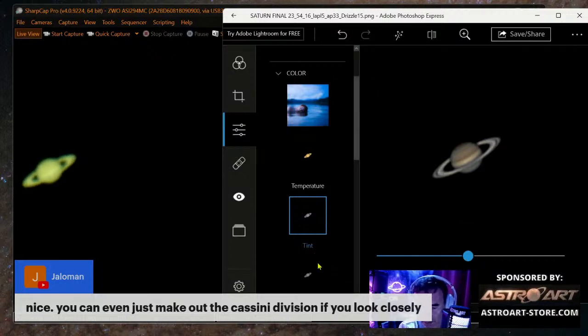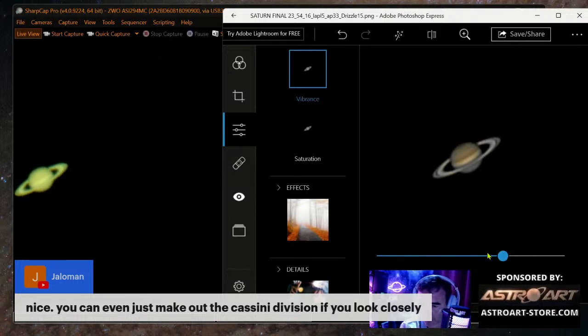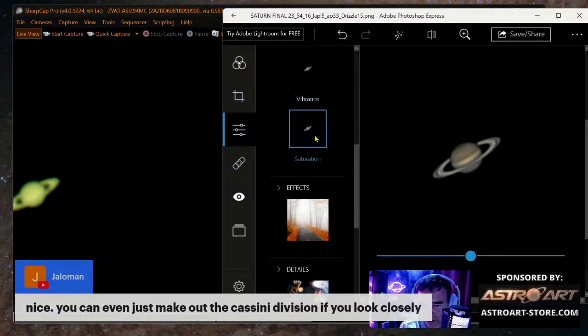That's fine. Vibrance. This is to increase the colors. Less vibrance, because the Cassini division will be too bright, or too strong.